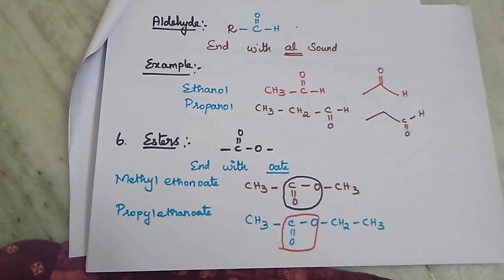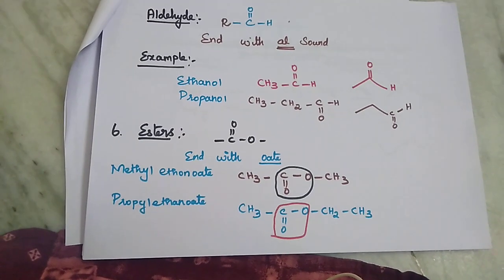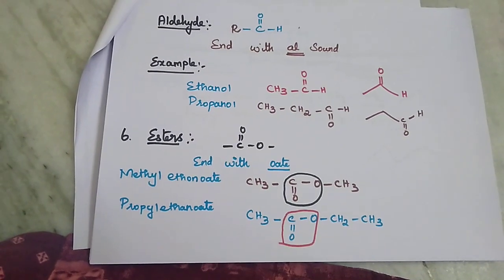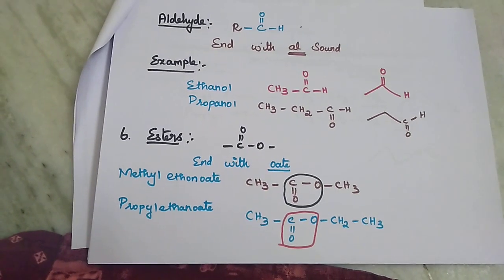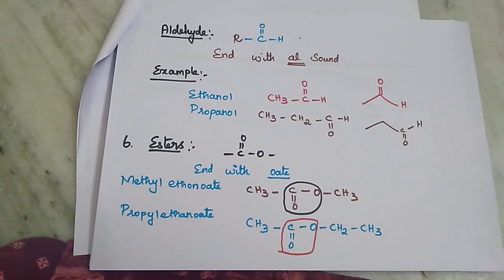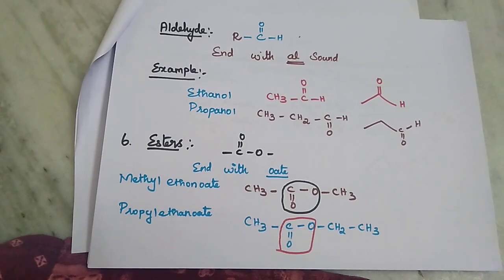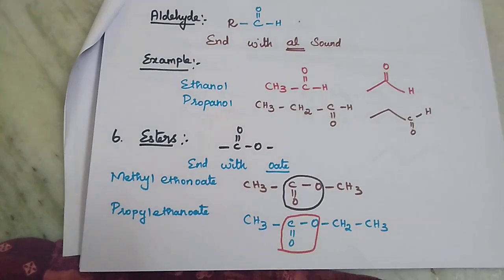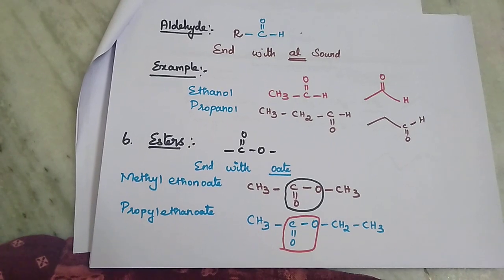So in your carboxylic acid, the ketone is attached to OH. So COOH is an acid. And then the second one, separately COO, that is the ketone we call a functional group. And then the third one, aldehyde. In the aldehyde the ketone is attached with hydrogen, and the other attachment is alkyl. So here aldehyde, CHO, is a functional group. And then the third one, ester. You see COO is a functional group, and the name ends with "oate".